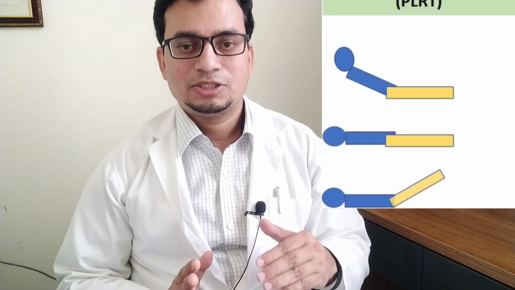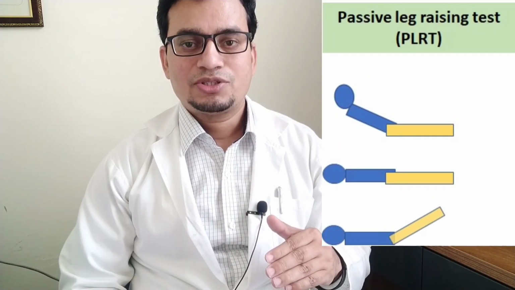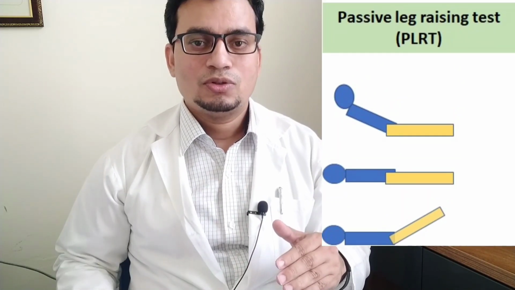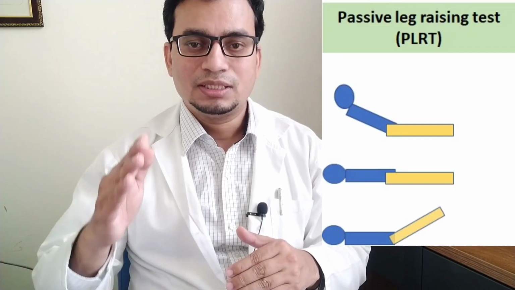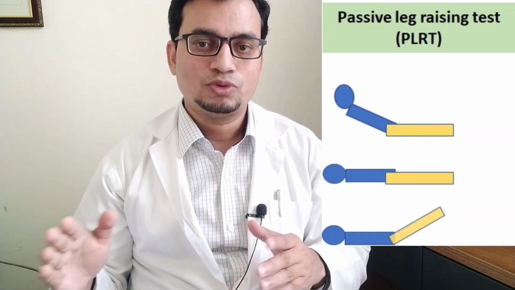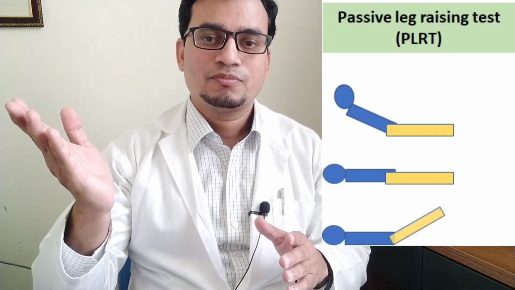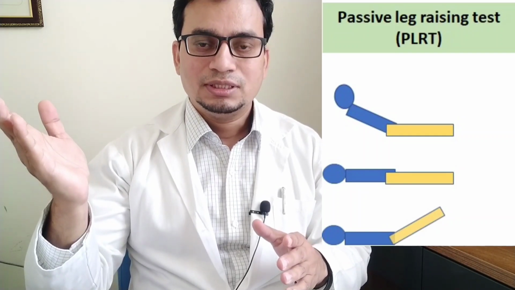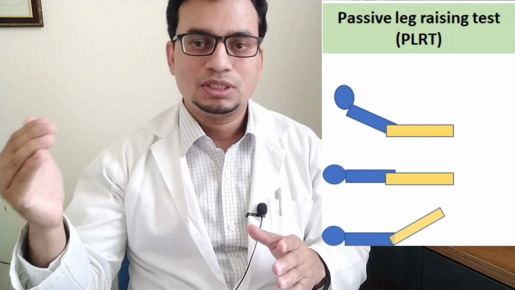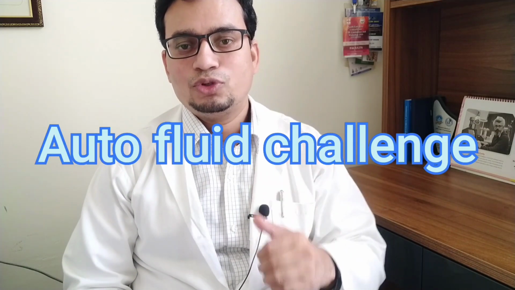So the first category of fluid independent test is PLR testing, that is the passive leg raising test, in which the patient's position on the couch is changed from the semi-recumbent position at 30 to 45 degrees to a position in which the trunk is horizontal and the lower limbs are raised at 30 to 45 degrees. A portion of venous blood in the lower limbs is transferred to the heart chambers, and that results in an increase in the venous return and an increase in the cardiac preload, and that mimics the fluid challenge. You can see it as an internal fluid challenge or auto fluid challenge, which is very reversible.